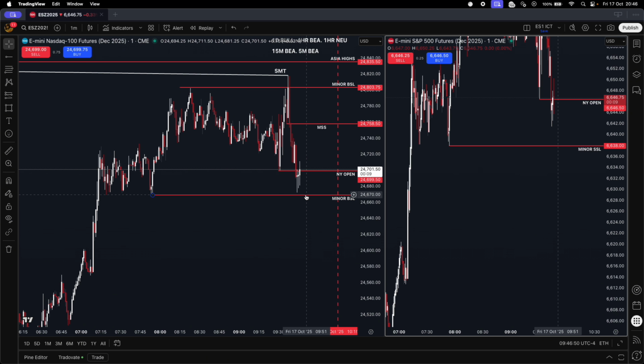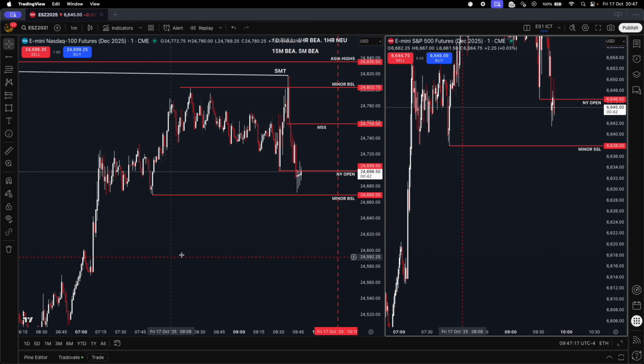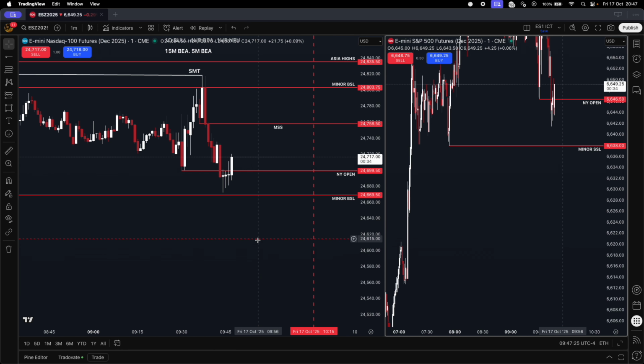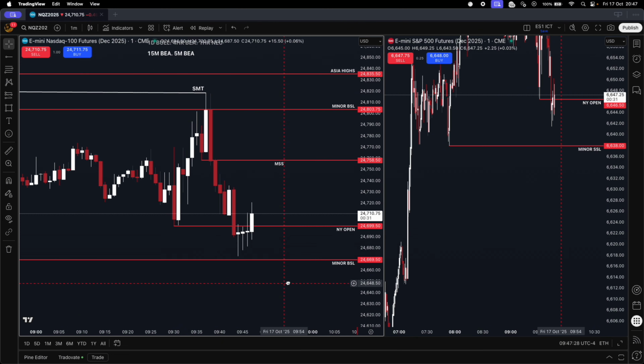Yeah, so if I'm in a short right now, then it means that if I'm targeting this low and then ES trades lower, takes out this low, but NQ hasn't already taken it, then I close out of my trade. SMT against the trade, I close out. And essentially, we don't take the trade if the objective's already been met. For example, if I take a short now, and we will say targeting this low, if ES had already taken that low, I can't target this low. So the TP, the objective's already been met for the trade. Does that answer the question? Does that make a little bit more sense? Hopefully it does.